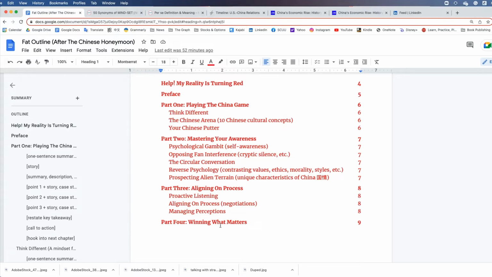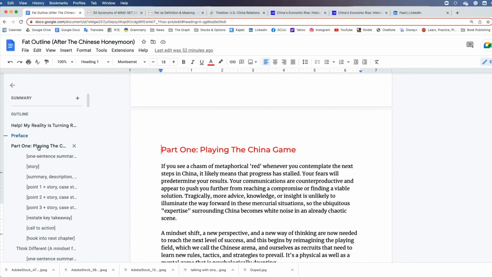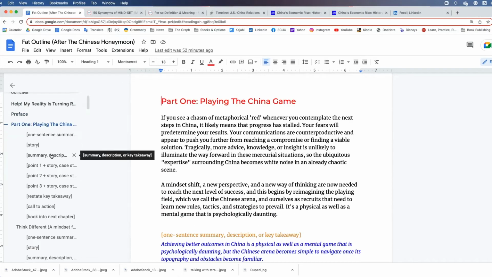As I'm talking about each different section and different time periods, I'm going to be connecting what's happening in China in real time. For example, when we get to 2008, then you have the Beijing Olympics or something like that. And then this is the thing that I wanted to share with you. So if you look over here on the outline,